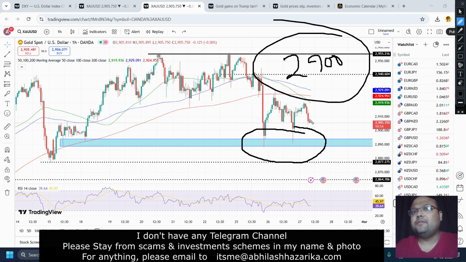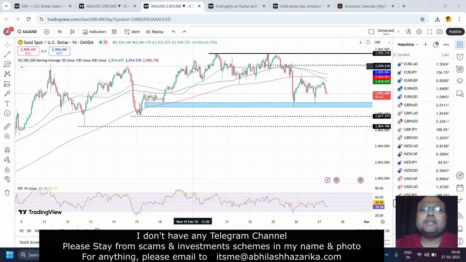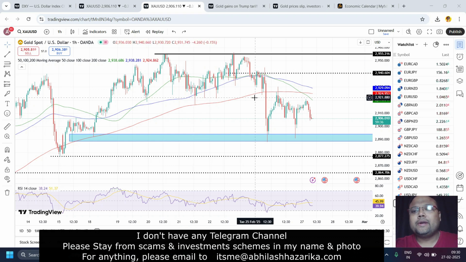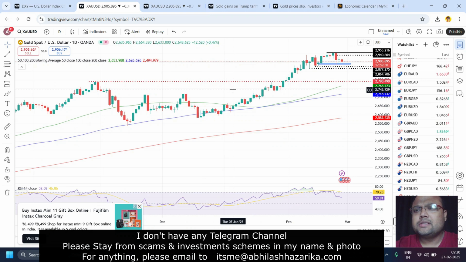I'm not talking about trend reversal here, but yes, we may see some further correction on the chart of gold. So the chances of market going to 2800 is very less. Let's forget about 2700. 2800 is also very unlikely right now because we don't see the impact here. Okay, but still we can expect that at least gold may head towards 2850, 2860 area, because